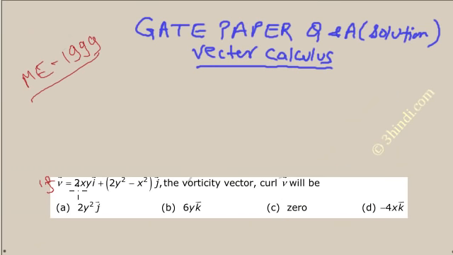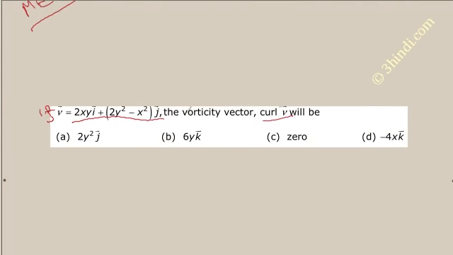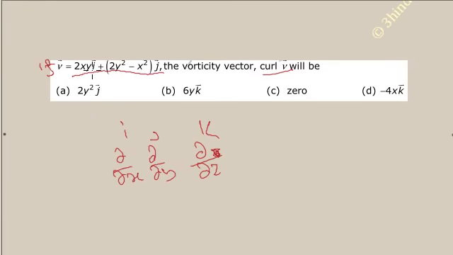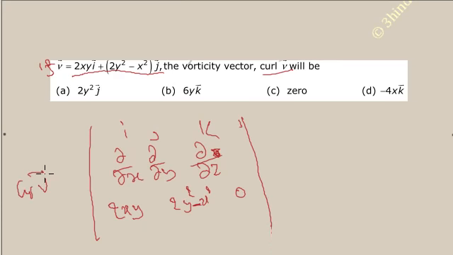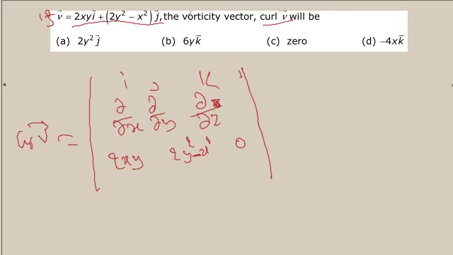Another question is, if v is this vector function, then what is curl v? I have explained how to find curl v: it is the determinant of i, j, k, d/dx, d/dy, d/dz, and then you put the function. For i, twice xy, and for j, twice y square minus x square, and for z it is 0. So this is curl v. If you solve this,